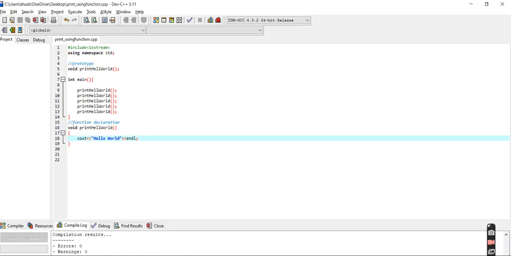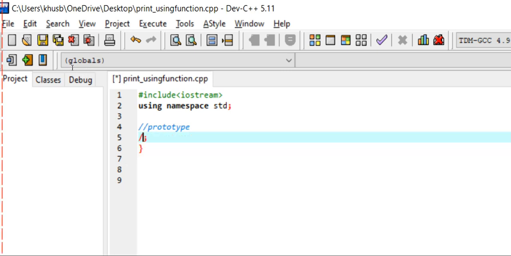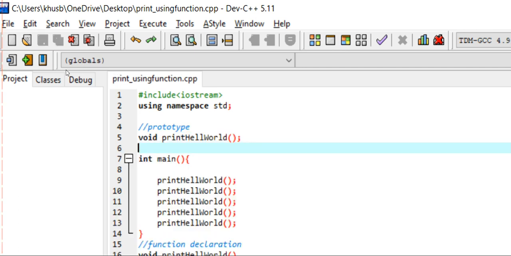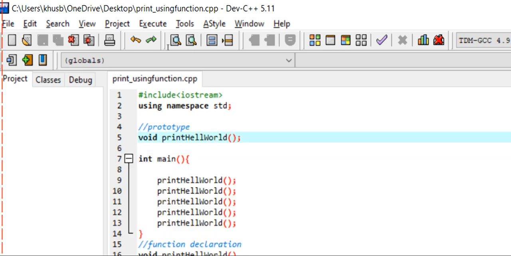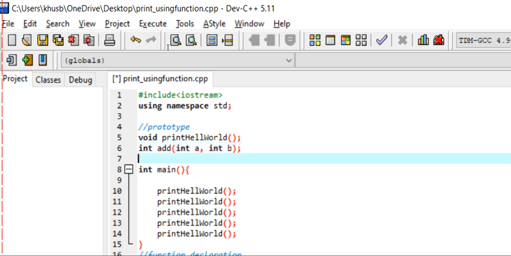an add function now, and let's understand the meaning of that line first. So for example, instead of this function, now this time I want a function which is going to add two numbers. So I'm going to create add int a int b. Okay, so this is again the function prototype.